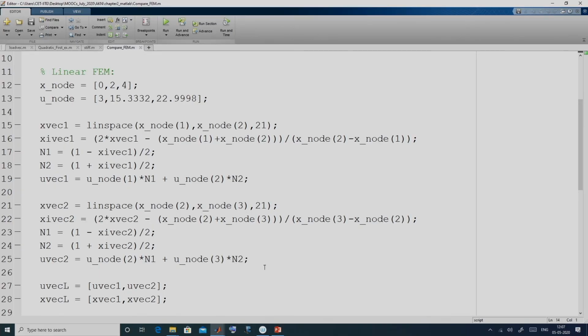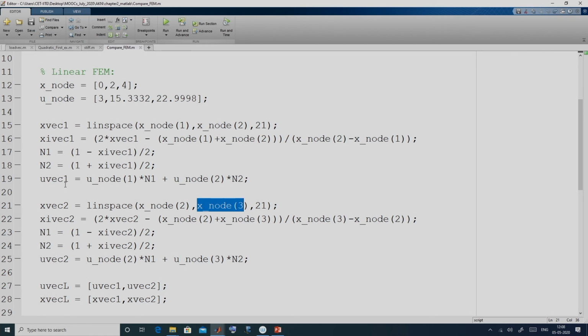In the same way, we get the distribution of the dependent variable in element 2, where the only thing is we have to consider x node 2 as our left node, and x node 3 as our right node for element 2.